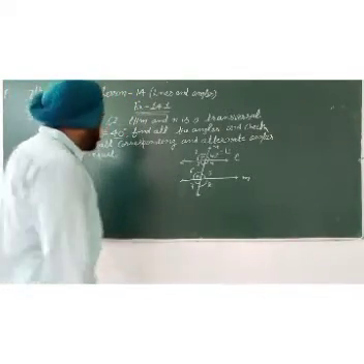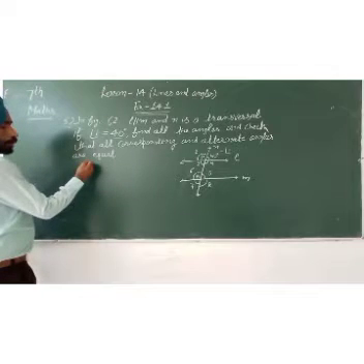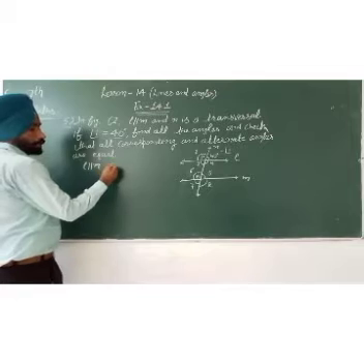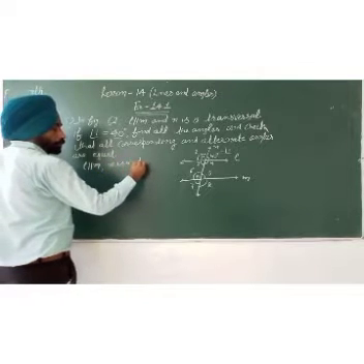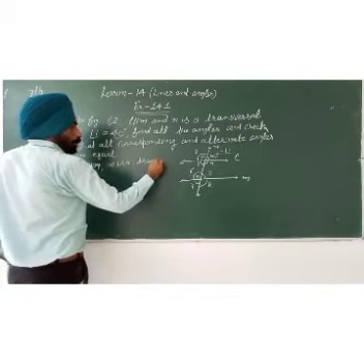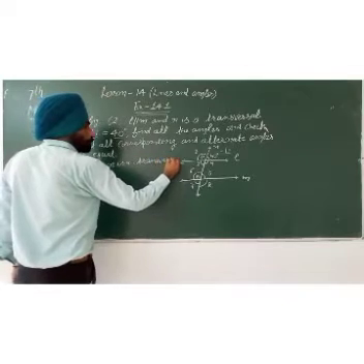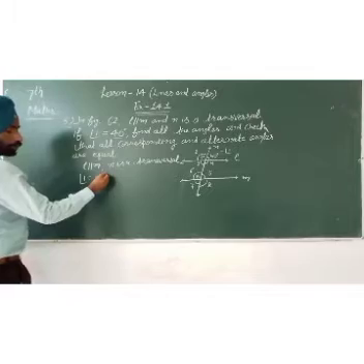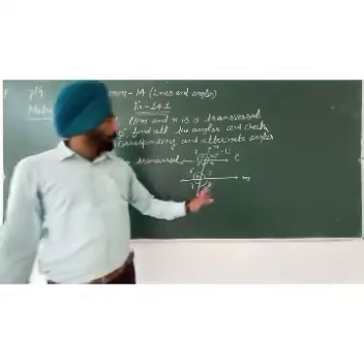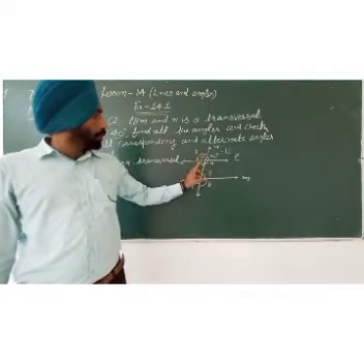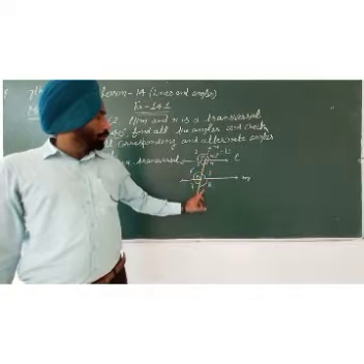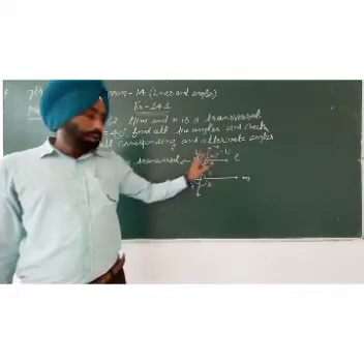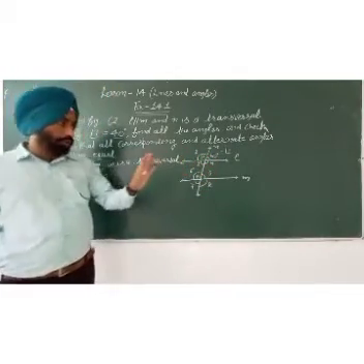So first of all, beta, L is parallel to M and N is a transversal. And angle 1 is given, angle 1 is equal to 40. You have to find other angles. How many angles are there total? 4 are there on each line, means total 8 angles. One angle is given. You have to find the other 7 angles.